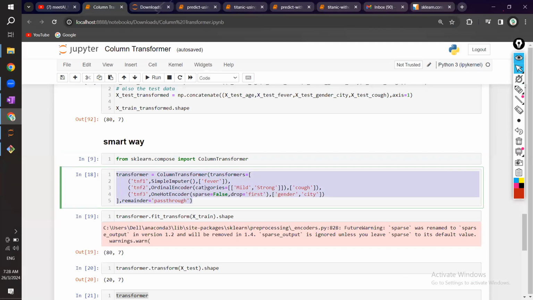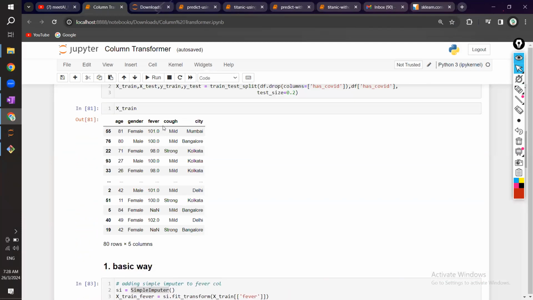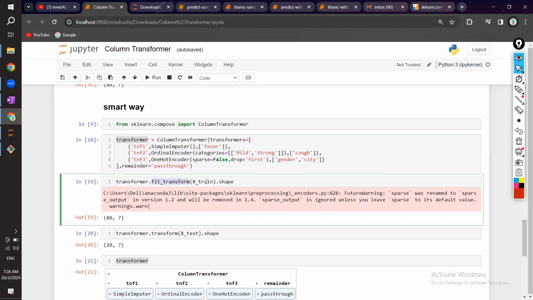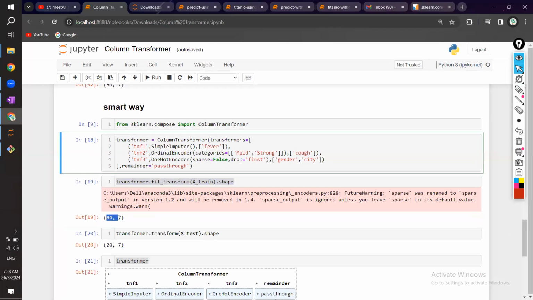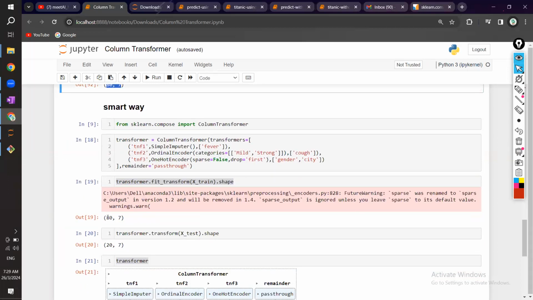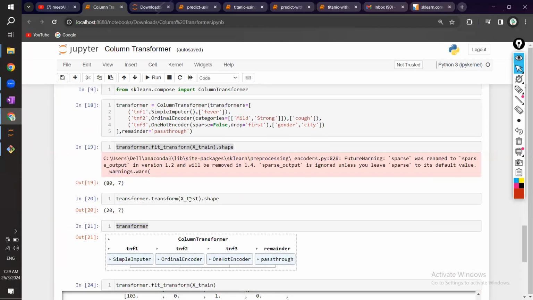So if you see what all we have done from the past 20 minutes in different steps, you can do in one single place. Agree? Now this is my transformer object, a single object. Now take this transformer and fit and transform my X train. That's it. Directly you are getting 87 rows, the same data set that was created before. The same type of data will be created over here also. And on test data,